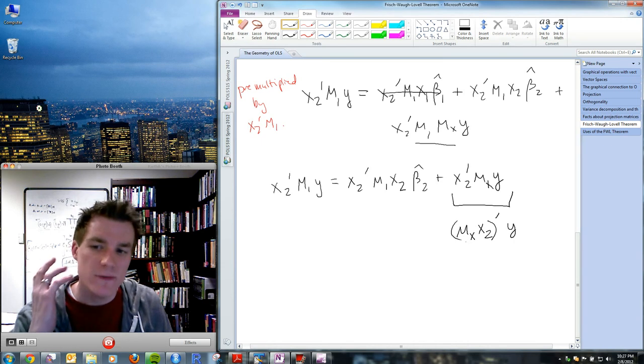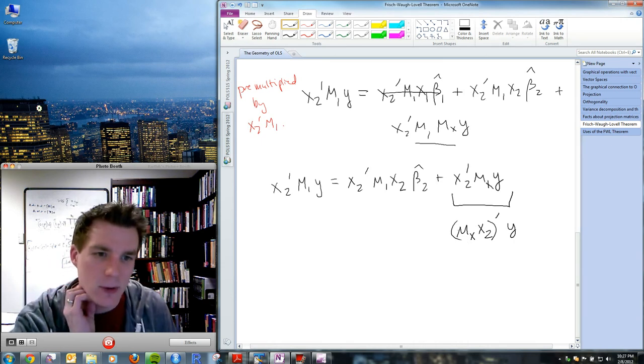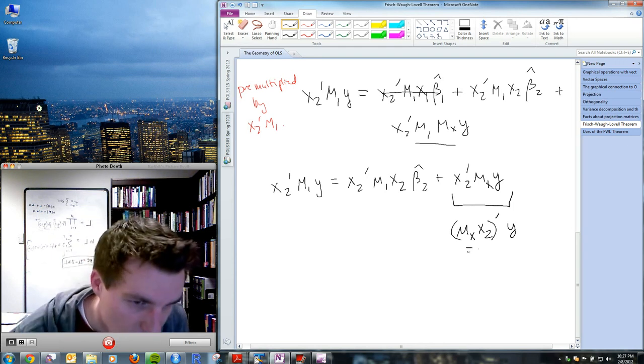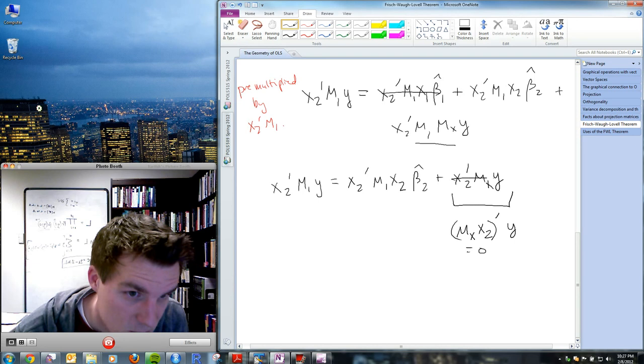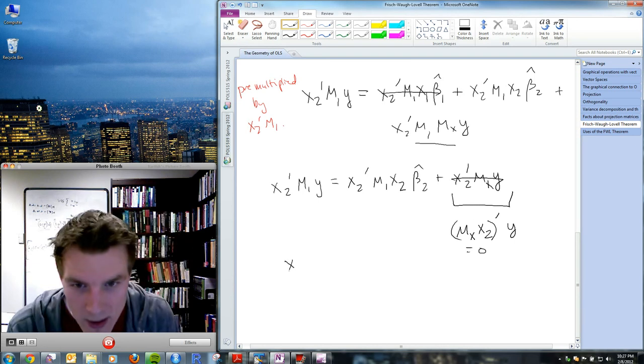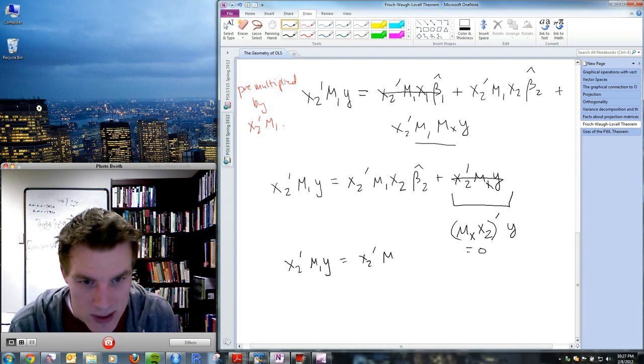It's that what portion of x2 is not representable on x? Well, it has to be none of it, right? So this here equals 0, so this whole term equals 0, so I can just kill that whole term. So now I'm down to x2 transpose m1 y equals x2 transpose m1